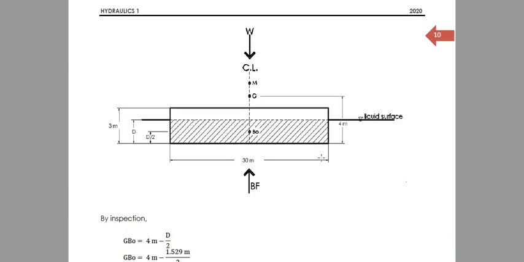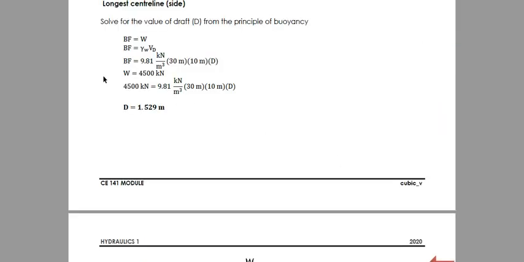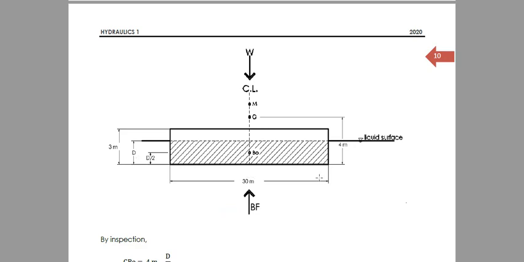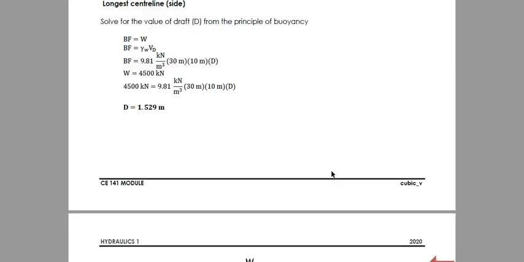This is our figure. This is the long side, the 30 meters is the width along the long side. The draft is not given, so we solve for the draft by the principle of buoyancy. We equate the buoyant force and the weight since they are equal. The weight of the barge and the load or cargo together is 4,500 kilonewtons. We equate that to the buoyant force, which is equal to gamma of water times displaced volume. Displaced volume would be in terms of D: 30 times D times the length perpendicular to the screen, that is actually 10 meters. So the draft is 1.529